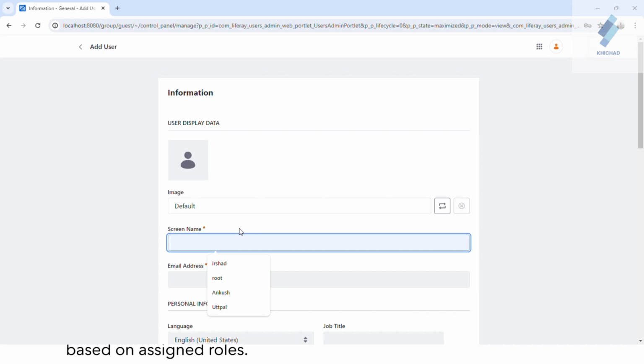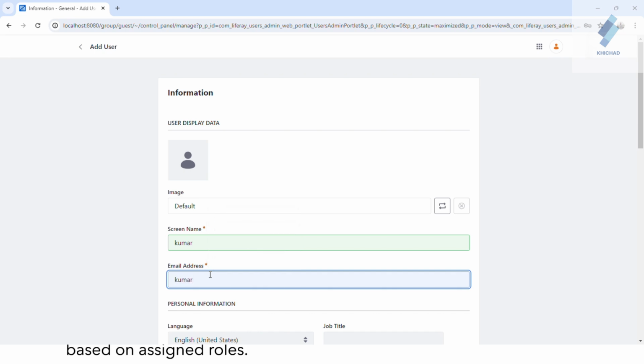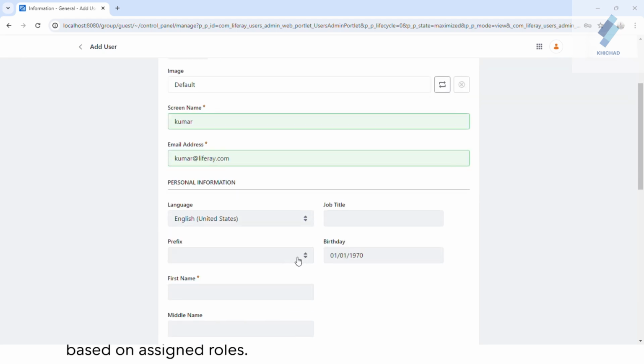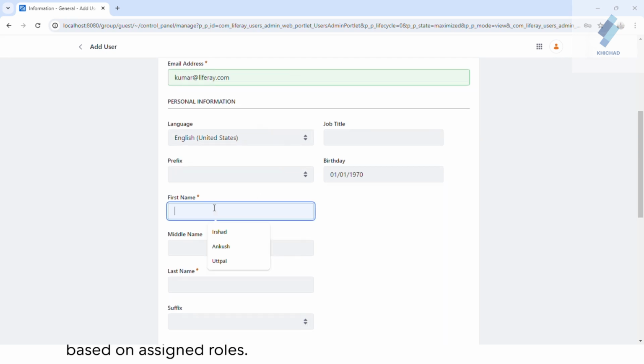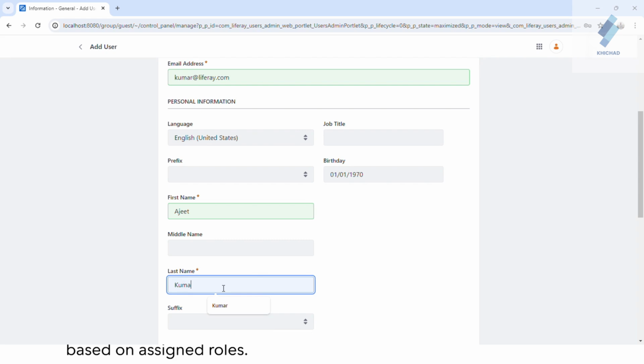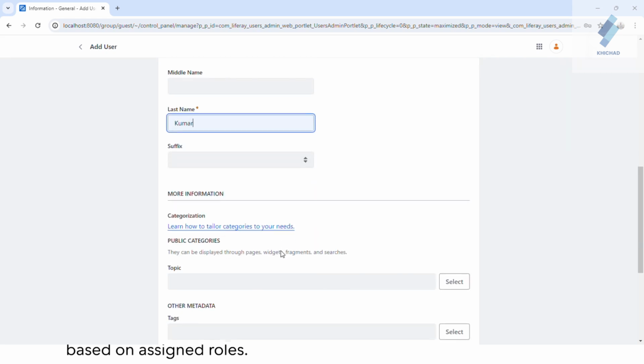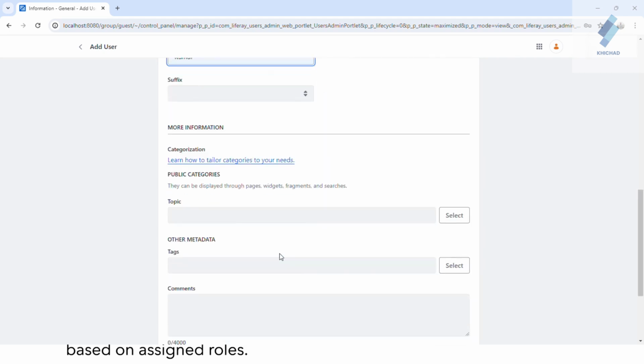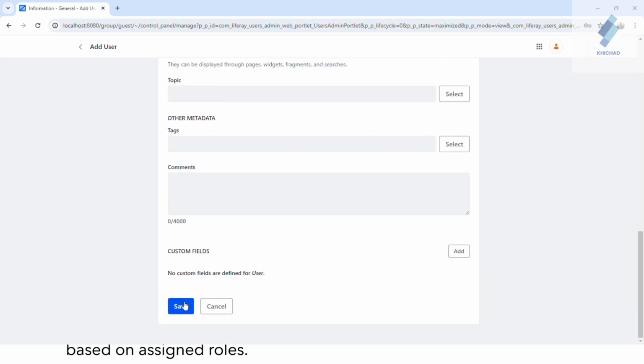Give a screen name, and give an email ID, and give their name. And click on save.